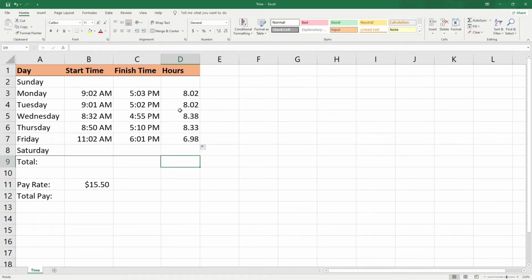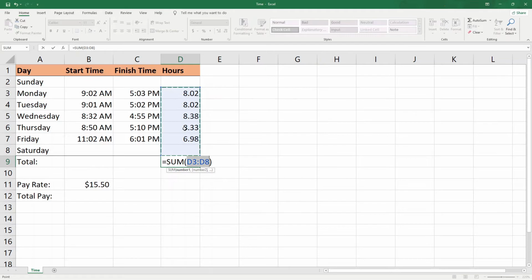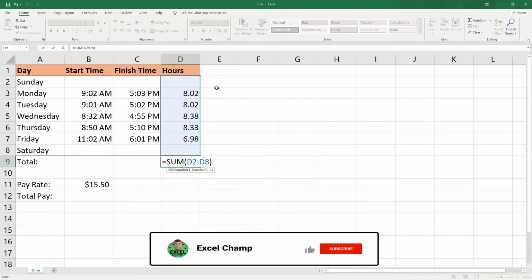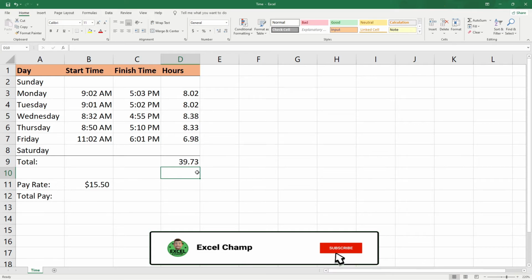We're going to add all that up with our auto sum feature here. Make sure we include Sunday in case there was time there. Hit enter. And we worked 39.73 hours, and we make